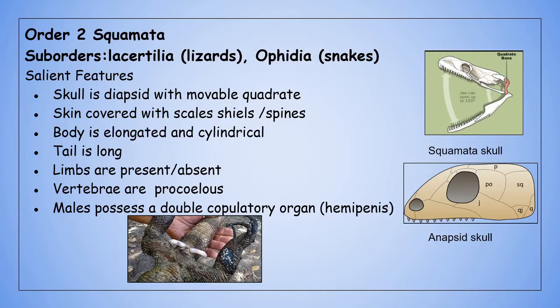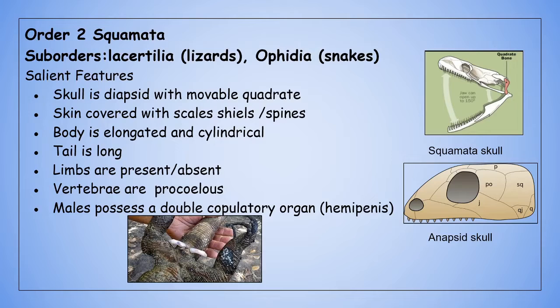In the last session, we discussed the three different subclasses coming under class Reptilia. And the three subclasses that we discussed were subclass Anapsida, subclass Parapsida, and the subclass Synapsida. And in the last session, we started with subclass Diapsida, which was further divided into three orders. The first order was Rhynchocephalia, second one Squamata, and the third one is Crocodilia.